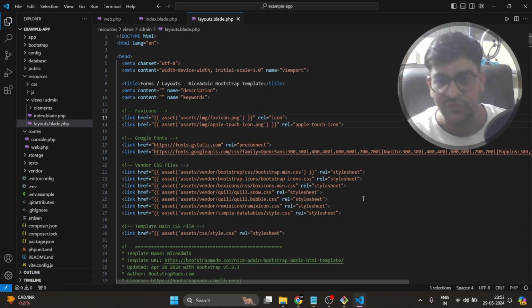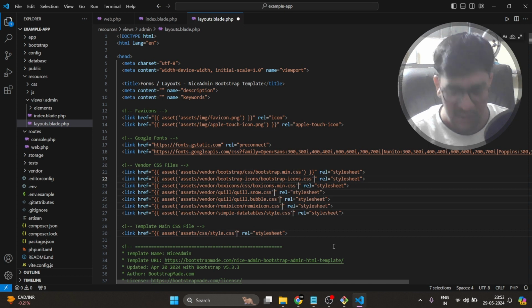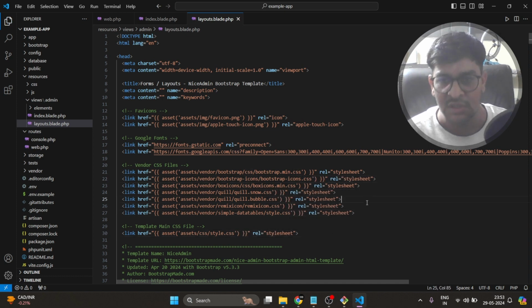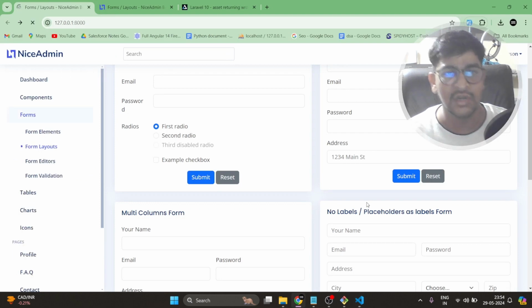So some of the things are already resolved from here. Now I will do the same for CSS: again this, my bracket, and then my curly braces close. Some other strings start working again.